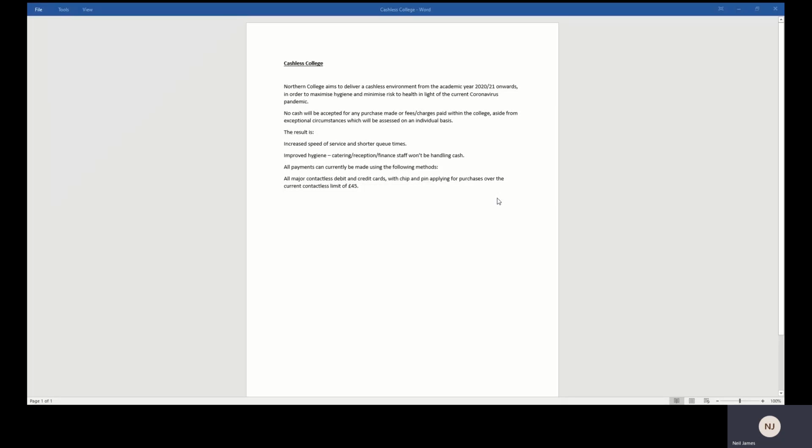And basically, wherever is possible, we're going to operate cashlessly using the point of sale card machines that we've got in place, and it's being done in order to maximise hygiene and minimise risks to health. So this is like the details that will be going in the handbook. We'll also be putting up some signage and notices around this for students and for the staff. Look something like this,